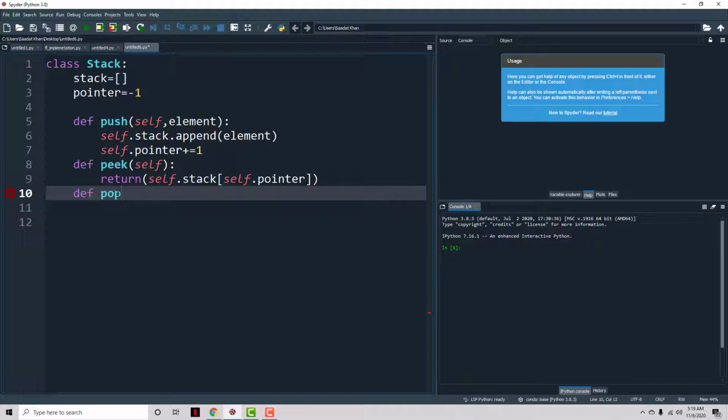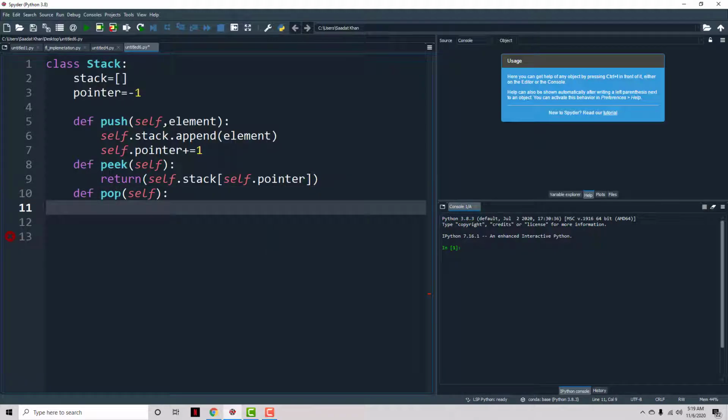So the last function is pop. Again, you just want to take the last value, remove it, and return that value, right? So you need self again to access the global variables. So what you want to do is something like this. You want to take the last value, so let's store the last value first. self.stack